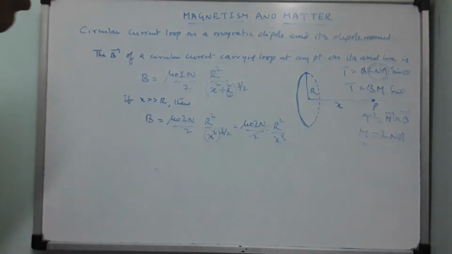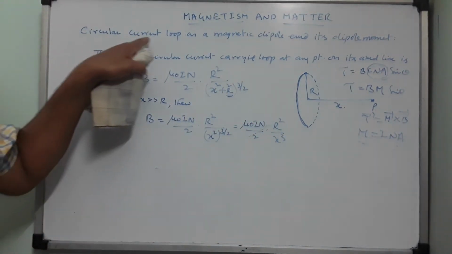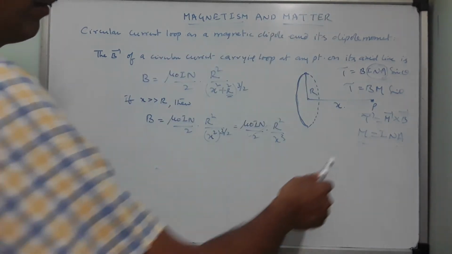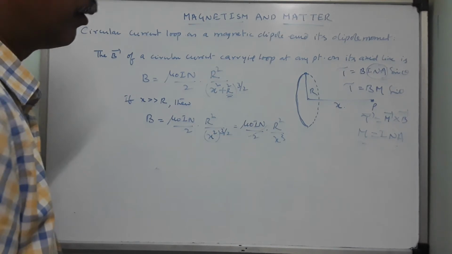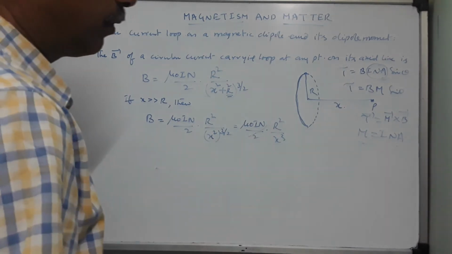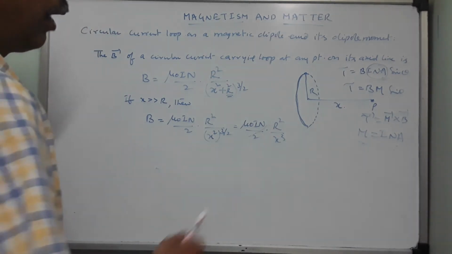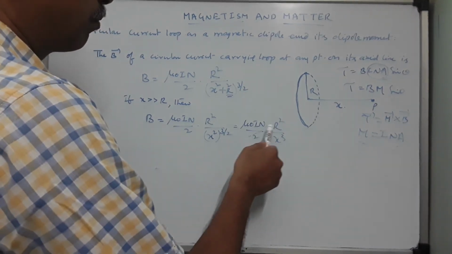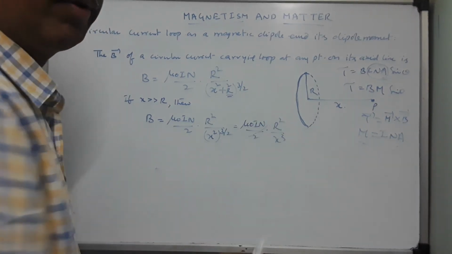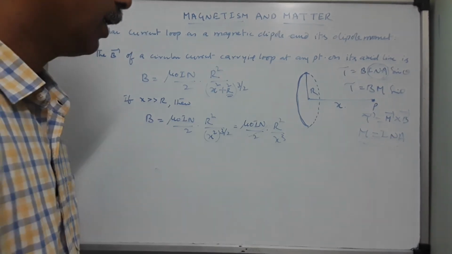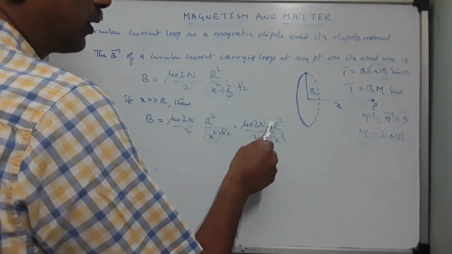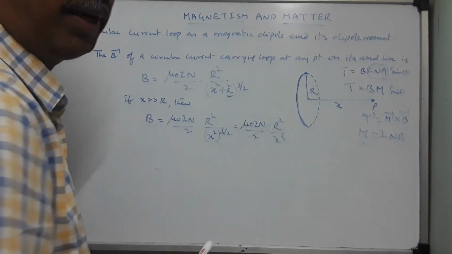That is the expression for dipole moment. Now writing this circular current loop as a magnetic dipole and its dipole moment. So we are heading towards this only. But nothing is there in that way. So what do you do? I want to convert this R square into area. N is there, I is there, but R square is there. Can I convert this R square into area? Obviously yes. If I multiply this with pi and divide it with pi, I will get pi R square. So that will be my area.